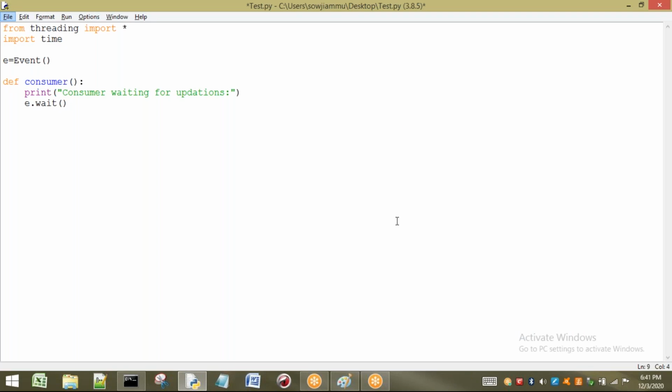So e dot wait, that means those who are executing this function, let us consider thread 2 is executing this function, has to wait on E. That means it has to wait on some event object. Why does it have to wait on the event object? Because some other thread is going to use that event object for updations. Whenever set is applied by the other thread, it will come and consume the data.